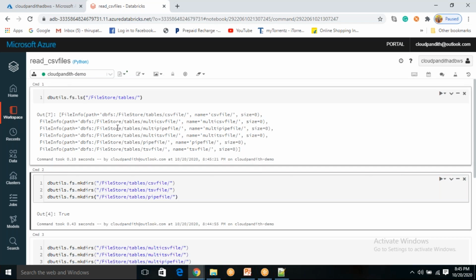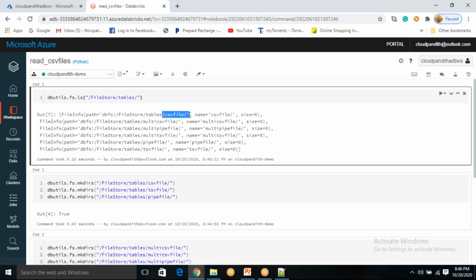But in this particular session, I will show you with the UI, because I have already shown you how you can move all your local files into the respective folders. Just imagine, if I want to upload one file into these folders, I need to access each and every folder independently and move files one by one. It will take more time. If you do everything using CLI, it will be much faster. We will see the difference one day.